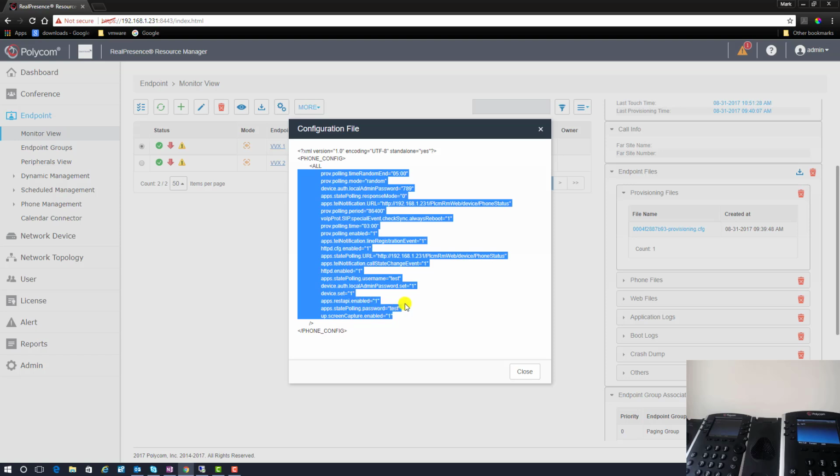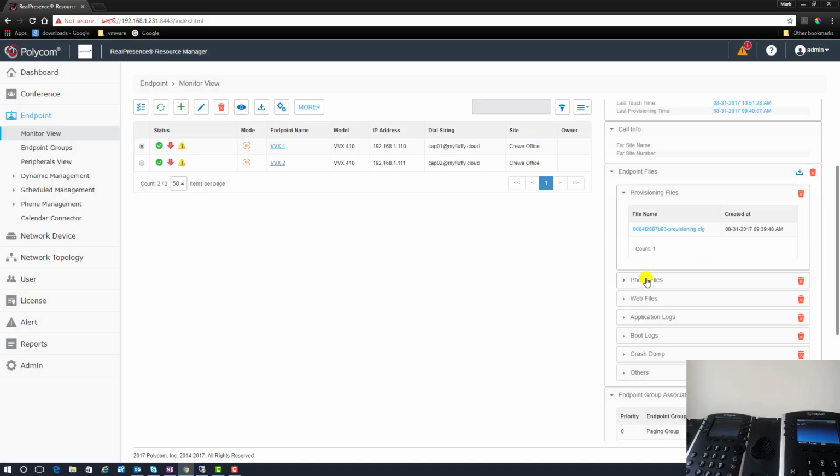Is polling going to be enabled? And the time for the polling period, and when it ends and when it starts, and what have you. So this is like the default one. And then we've got all these other phone files that we'll be able to find as we start using the